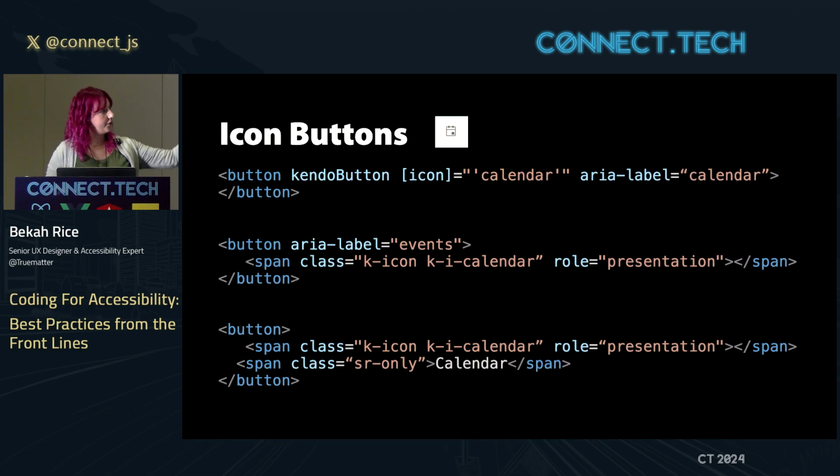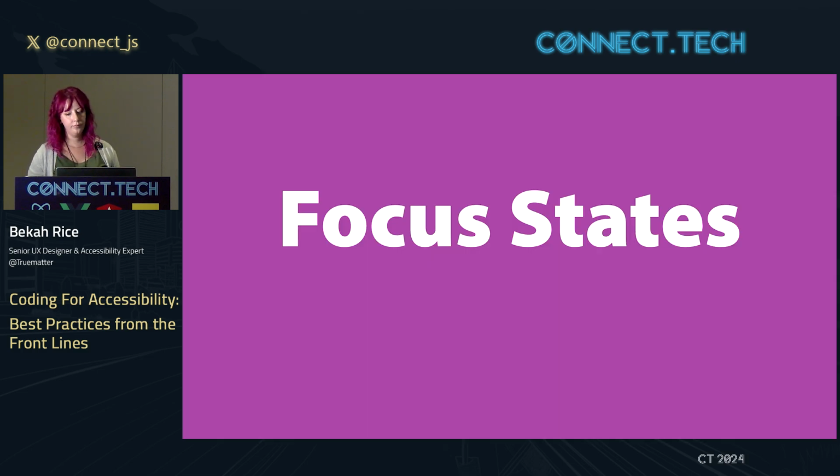So this is just 3 different examples of how I could mark up a button that's an icon. So I could use ARIA label for that. I could use, what else do I have? The role on it. I don't know why I did that one. And then lastly, I can actually just do that SR only. So that's a class that I typically use where it's positioned off screen, but it's still available for assistive technology.